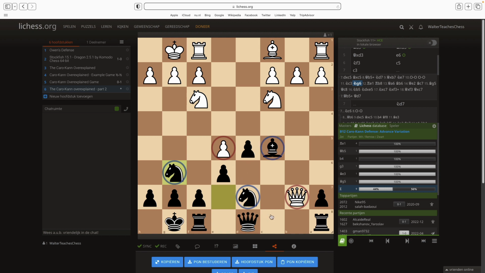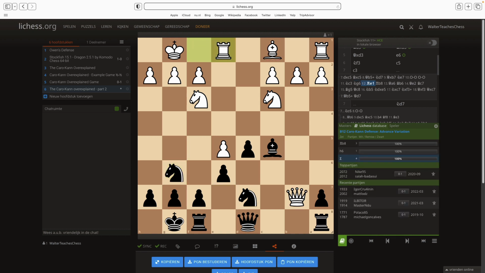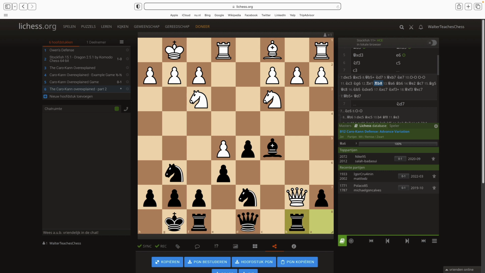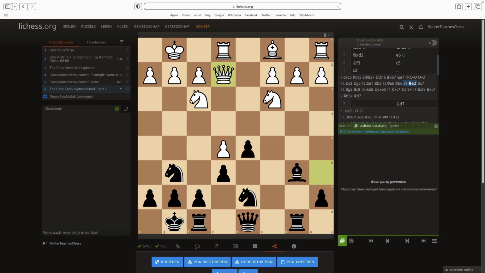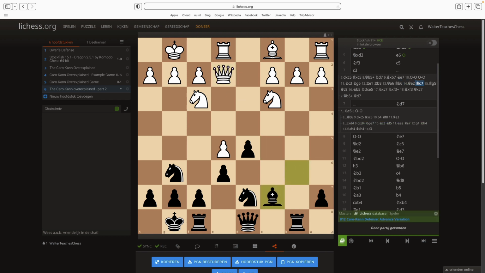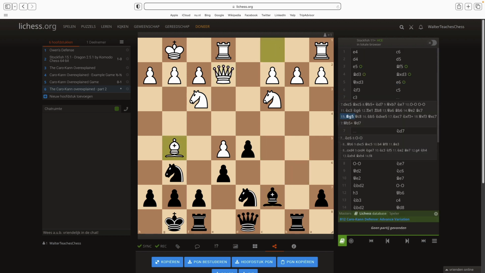extremely good. As you can see, we developed all of the minor pieces already. White still has to move this guy and connect the rooks. And after, let's say, rook e1, we can play rook b8. I'm going to quickly play through the next couple of moves to give you just an example, putting more pressure. And if white tries something like this,